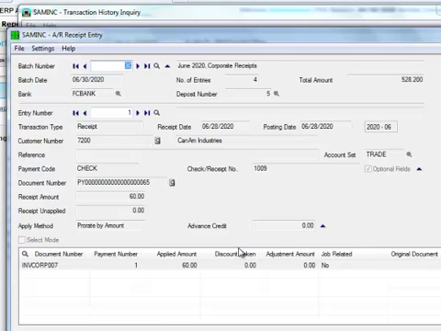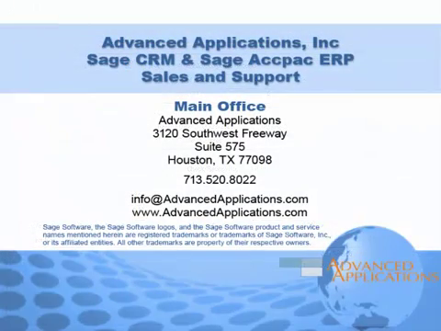So to recap, the Bank Services module is where all cash transactions flow in Sage ERP Accpac. And with the Transaction History Inquiry, you have cash transaction information at your fingertips with filters available to focus on the information you need. Give us a call if you need assistance with this or any other feature in your